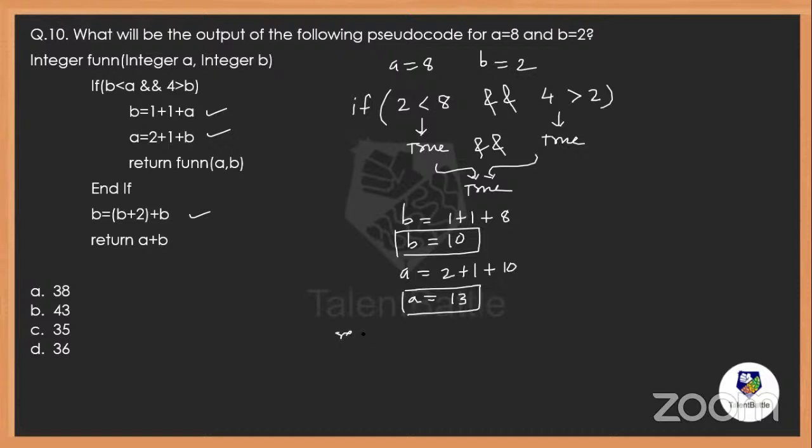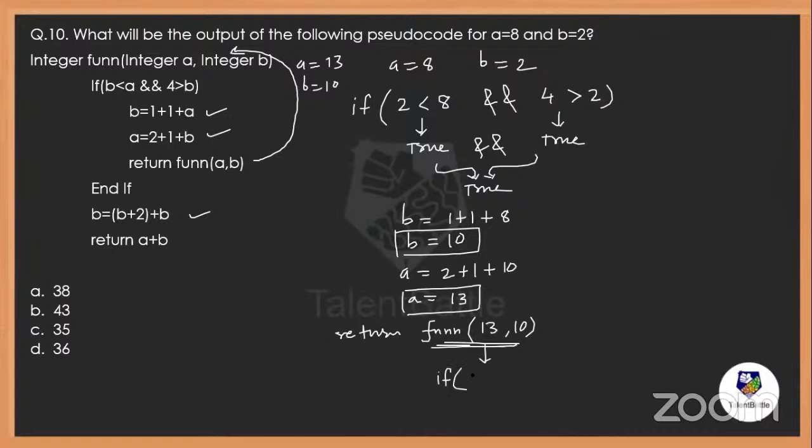Now we have to return a function call with the parameter 13 comma 10. See, now A and B we have calculated now. So this will pass control to the function again with value of A is equal to 13 and B is equal to 10. And again, you have to check the condition. Now for this function call, we will check the condition of if